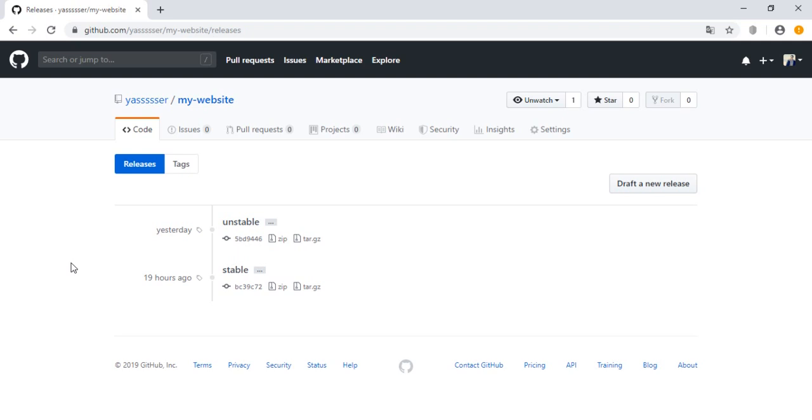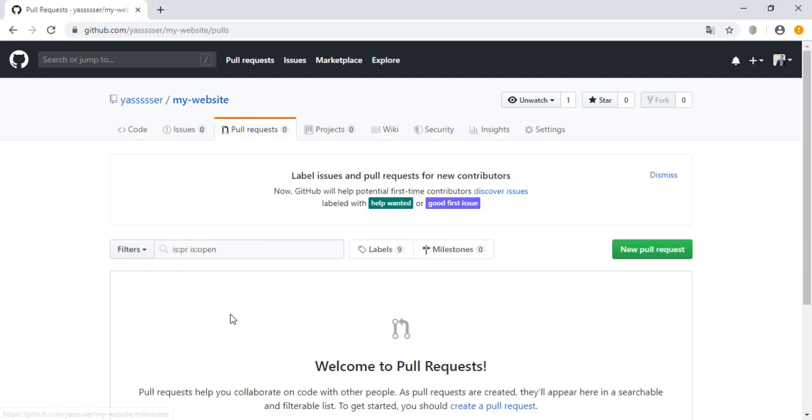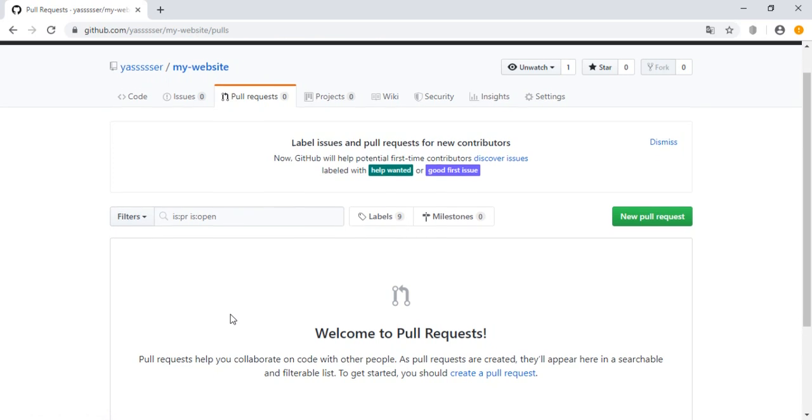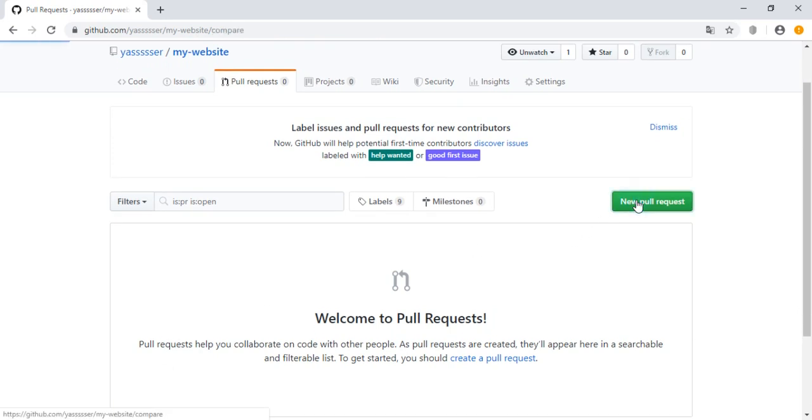So in this video we will learn how to compare between tags. First of all, we go to release or tag, and for the moment we have just two tags, stable and unstable. To compare between them, we need to go with the pull request, new pull request,